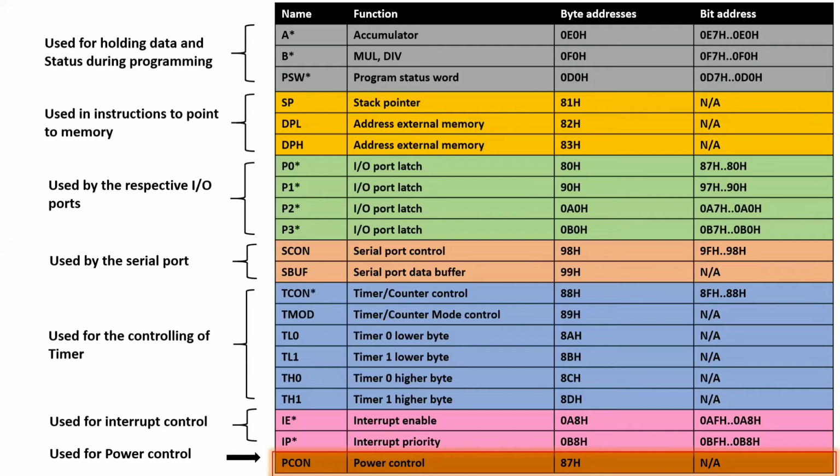What does the star mean? Whenever a register is marked with a star, it is a bit addressable register. That means we can access individual bits of that particular register. If some registers don't have the star, that means we cannot access the register's individual bits. That is the meaning of the star there. For accessing the individual bits of registers, again we require individual addresses. On the rightmost part of this table, you can see different addresses for the different individual bits of your registers.